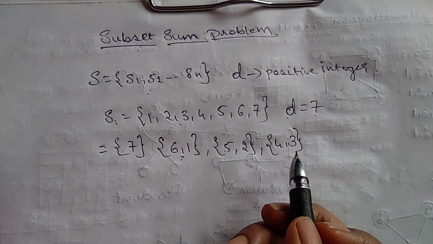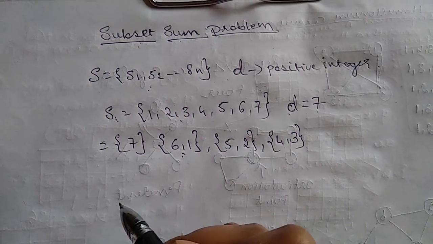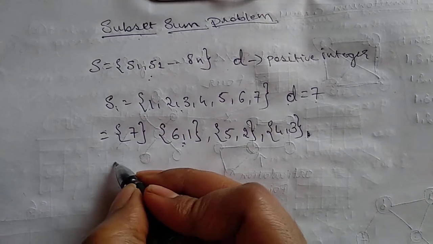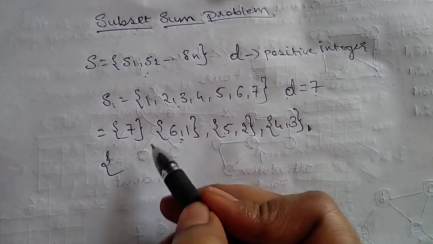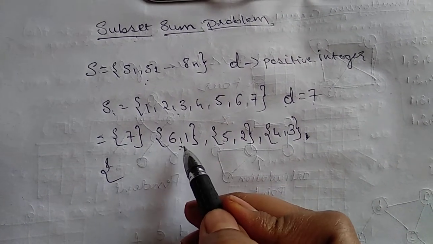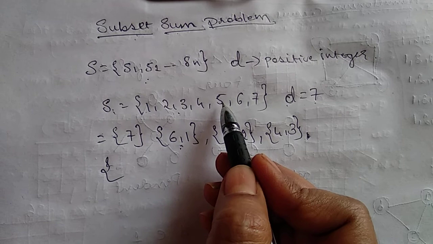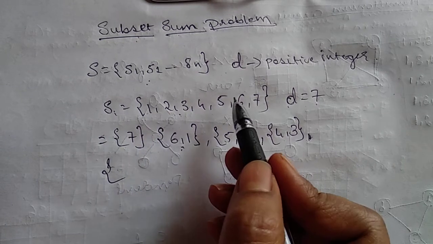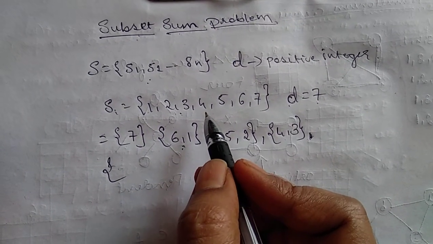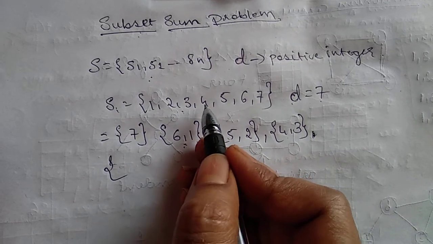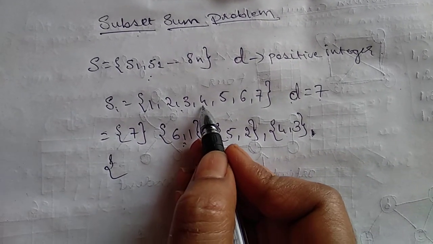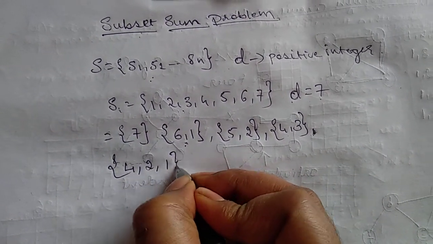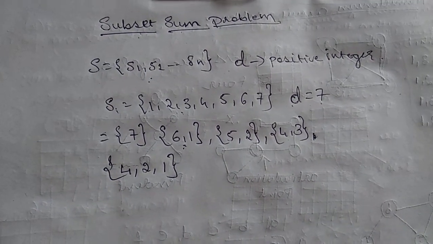Now you have to check if we add 3 numbers, will it give 7? Yes. So I'll just check now. I'll just write over here. Then 7 I have already taken. 6 plus 1, this is the only possibility, already taken. Then 5 plus 1 is 6, but plus 1 again you cannot do. One number you have to consider only once. 5 plus 2, it is already done. Then 4 plus 2 plus 1, can I write? Yes. 4 plus 2 is 6. 6 plus 1 is 7. See, 4 plus 2 plus 1, 6, 7. It is giving you 7.